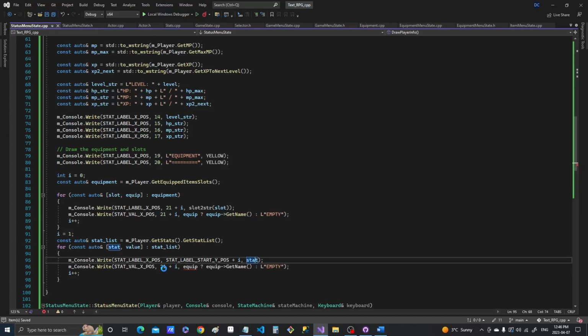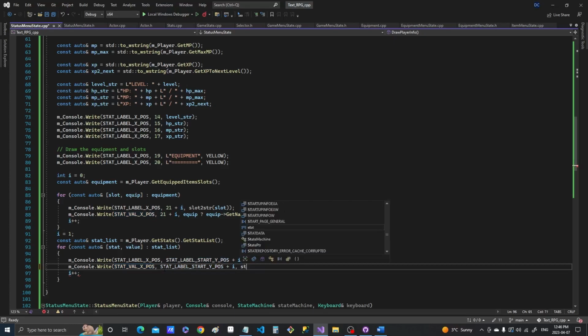And then this one, basically the same. Our exposition would be stat val x pause. And then we're going to want to change std to w string, the value plus